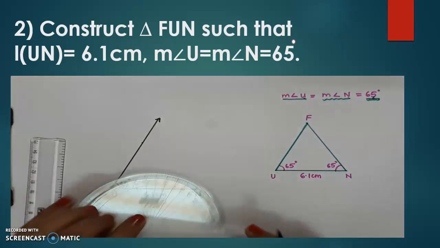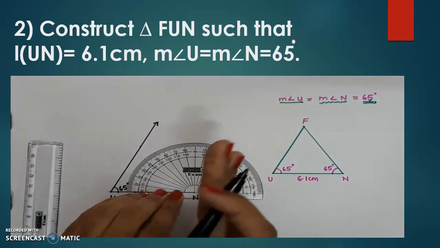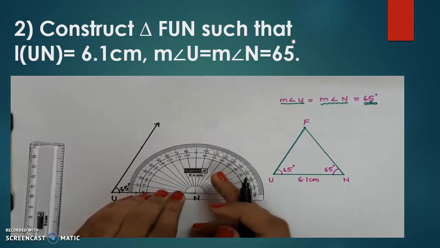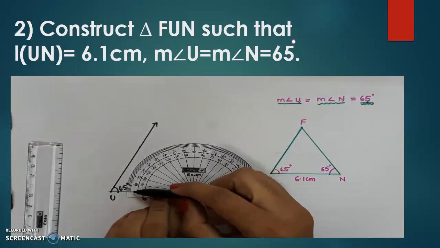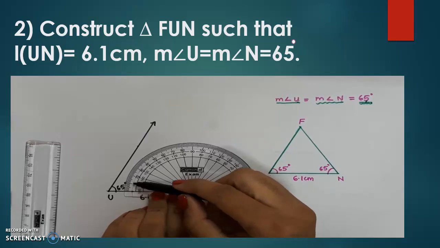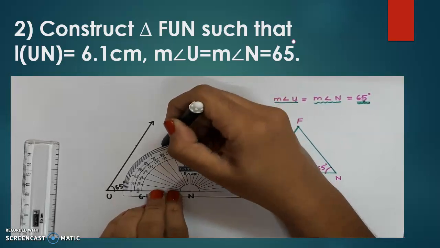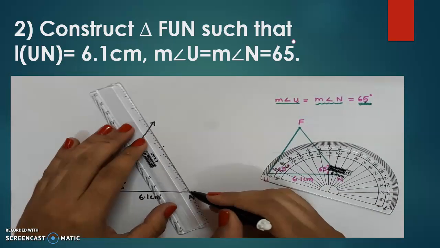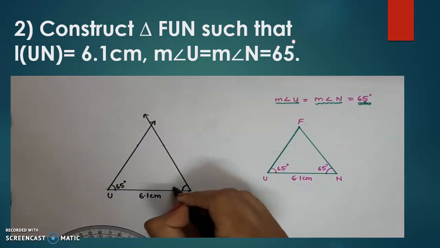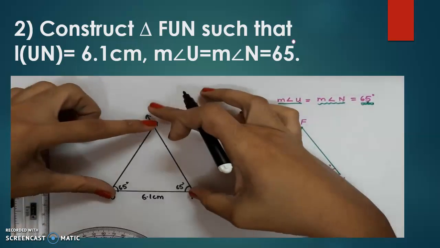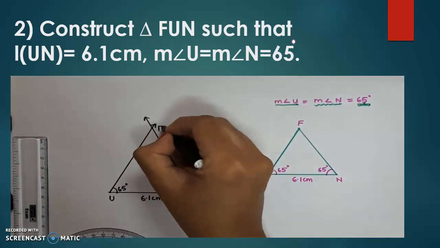In the same way, we will now construct angle N. We'll arrange the protractor properly. Now my vertex N is towards my right hand side. Right means up, so we will see the numbers up. Which number do we have to see? 65. So we'll see where we have 65 written up: 0, 10, 20, 30, 40, 50, 60. After that, the fifth line will be 65. Now this point we will join with point N. Here we will write 65 degree. Where both the rays intersect each other, this point is nothing but our point F. So we will write F here.